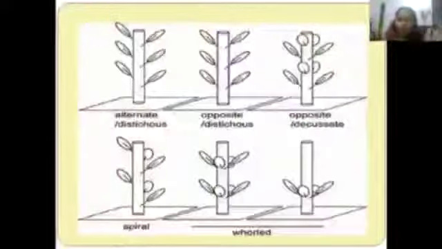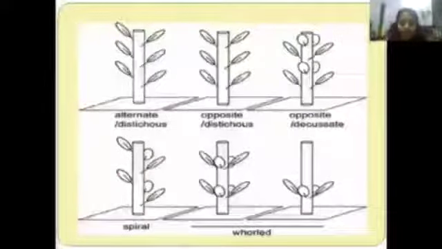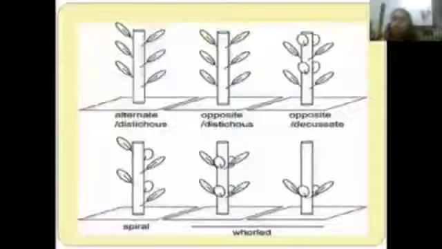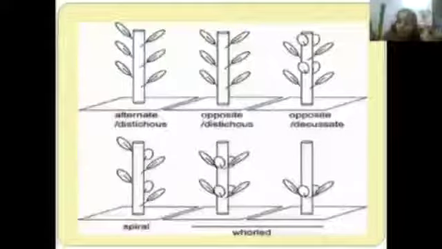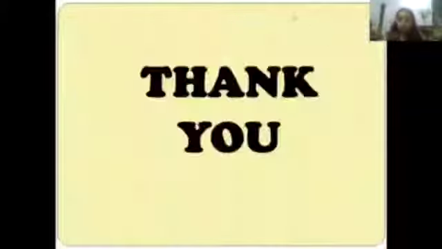Now you can view the diagrams and you can see that in alternate discus phyllotaxy, it is forming rows. In opposite phyllotaxy, it's also forming rows, but it's sharing one node. In opposite decussate phyllotaxy, you see there are 2 pairs of leaves which are perpendicular to each other. In such cases, one pair of leaves folds so that the other pair of leaves can grow. In spiral, they form a spiral round structure in an alternate manner. And you have the diagram for whorl as well. So this was about it.